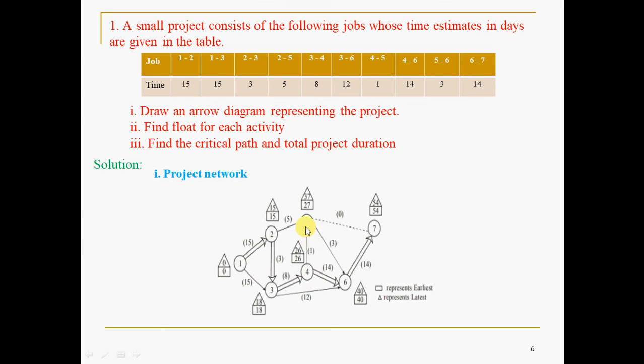You can reach 4 in 2 ways, 2 backward ways, what I mean. Like this and like this. If you go back like this, 40 minus 14, 26. Whereas if you go back like this, 37 minus 1, 36. I mean the previous triangle value minus the duration. The previous triangle value means this value 40 minus 14, and this means 37 minus 1. So what you are doing is evaluating, or computing, the triangle value at this node.